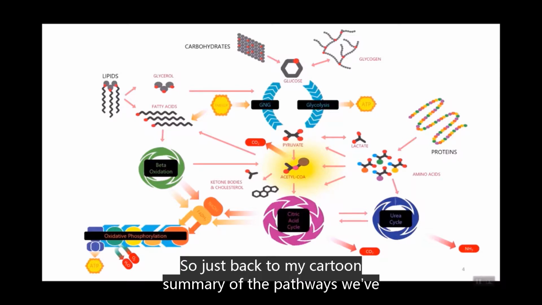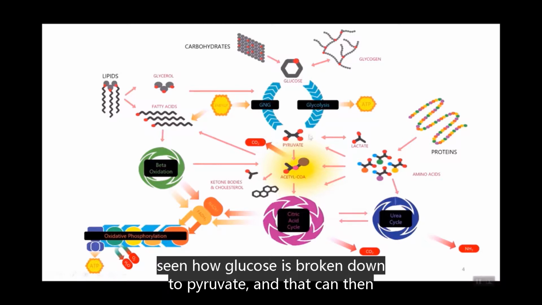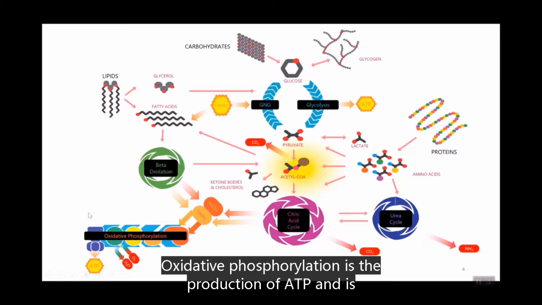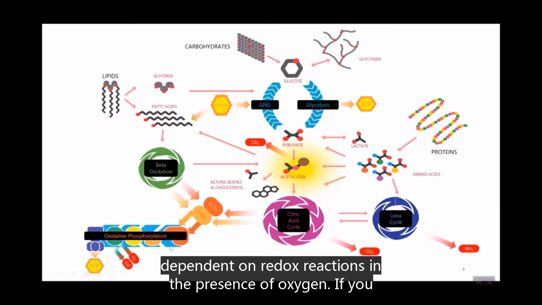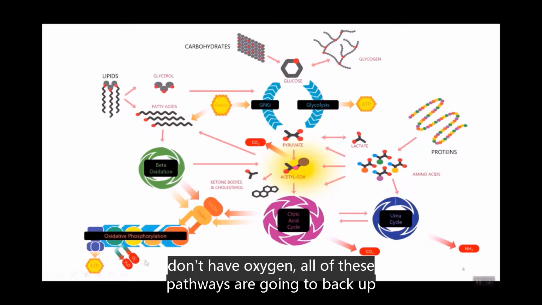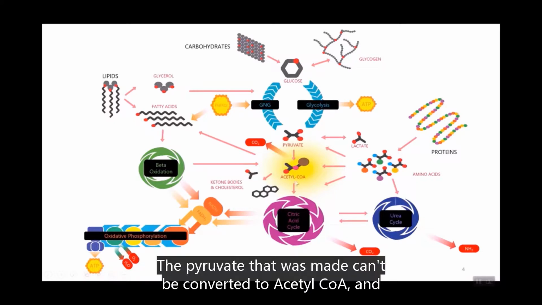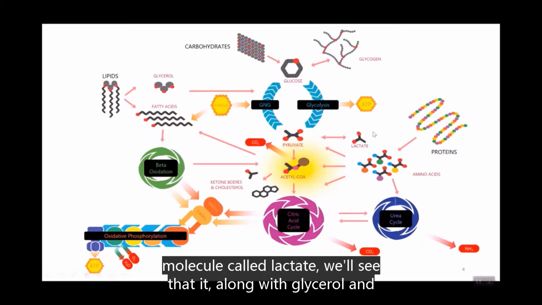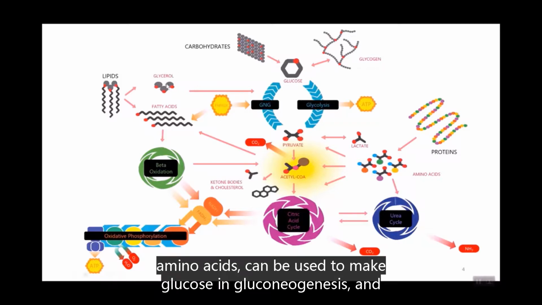So just back to my cartoon summary of the pathways, we've seen how glucose is broken down to pyruvate, and that can then be used in the mitochondria to eventually produce ATP. Oxidative phosphorylation is the production of ATP and is dependent on redox reactions and the presence of oxygen. If you don't have oxygen, all of these pathways are going to back up and be inhibited. The pyruvate that was made can't be converted to acetyl-CoA, and there's instead a side reaction that occurs producing a waste molecule called lactate. We'll see that it, along with glycerol and amino acids, can be used to make glucose